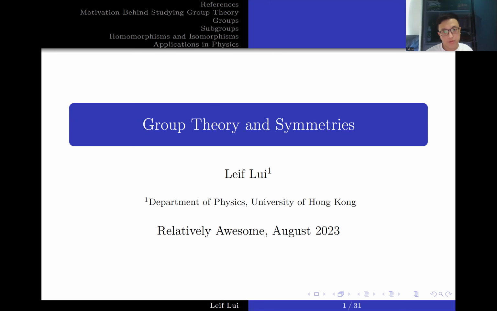And I will do it as follows. First, I will talk about group theory. Then I will talk about linear algebra. Afterwards, I will talk about representation theory. And finally, I will talk about Lie groups and their algebras. After that, I will discuss more of the physics behind quantum mechanics as opposed to the mathematics. So in this lecture, I'm just going to talk about group theory and symmetries.